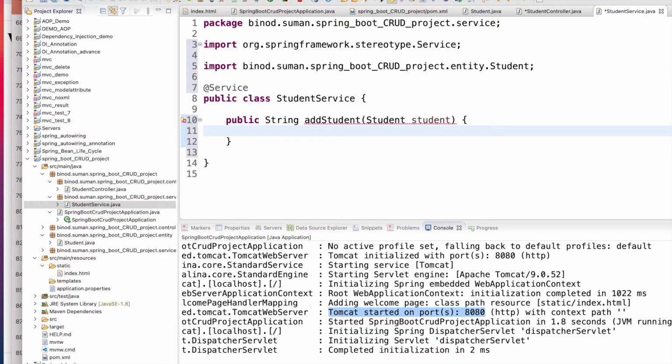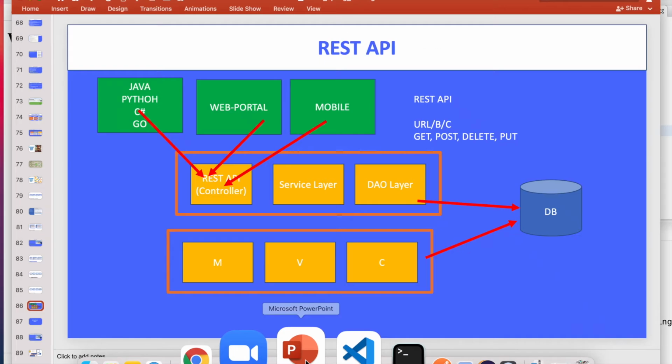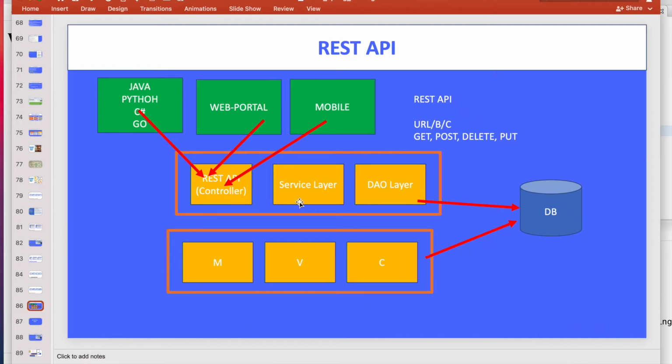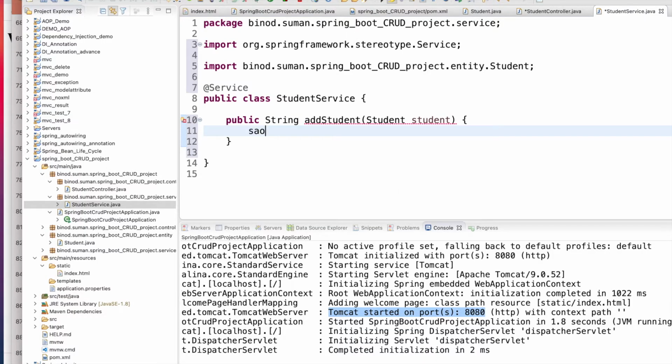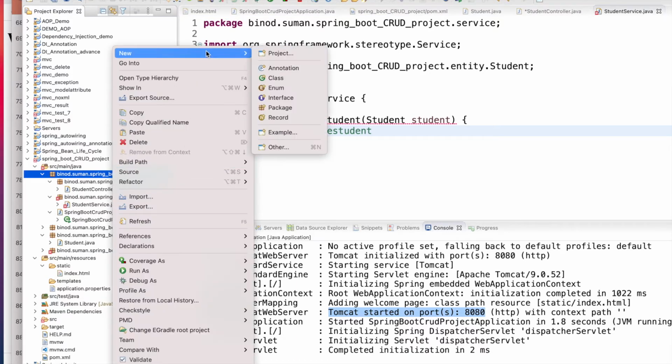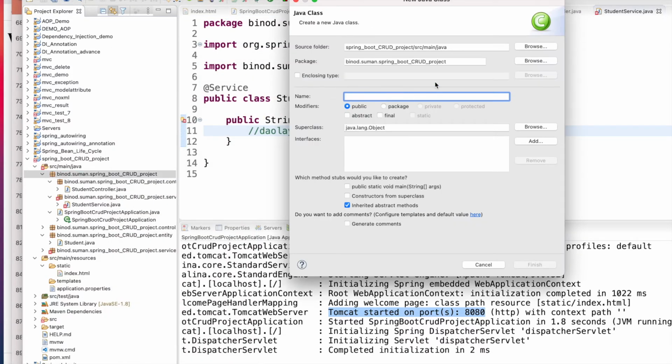And here now if you see, I came here controller to service, but from service I should not supposed to connect the database, that should connect by the DAO layer. So here something DAO layer should be there who can save student, right? And we don't have the DAO layer. So stop here and make the DAO. So go class package DAO and student DAO, right?